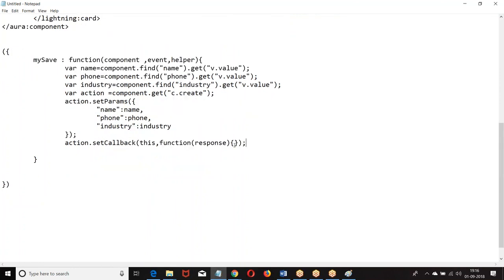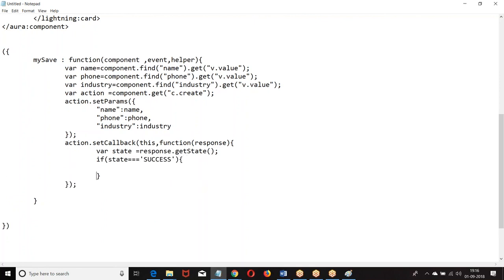This function takes a response. In the function response, we need to check the status, where state equals success.